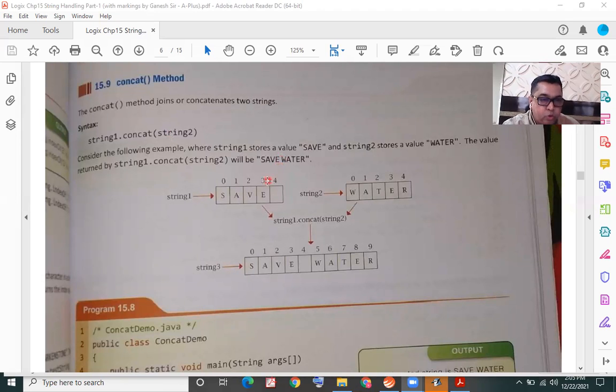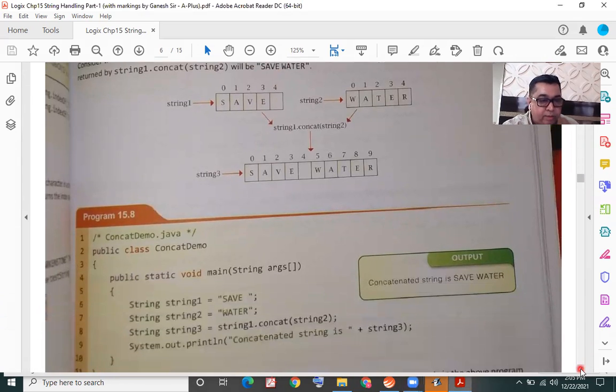But going further down, the example or the program that has been covered, carefully see the program. In this program, the author has assigned save with a space at the end to the object string 1 and water to the object string 2, and then concatenating string 1 with string 2.